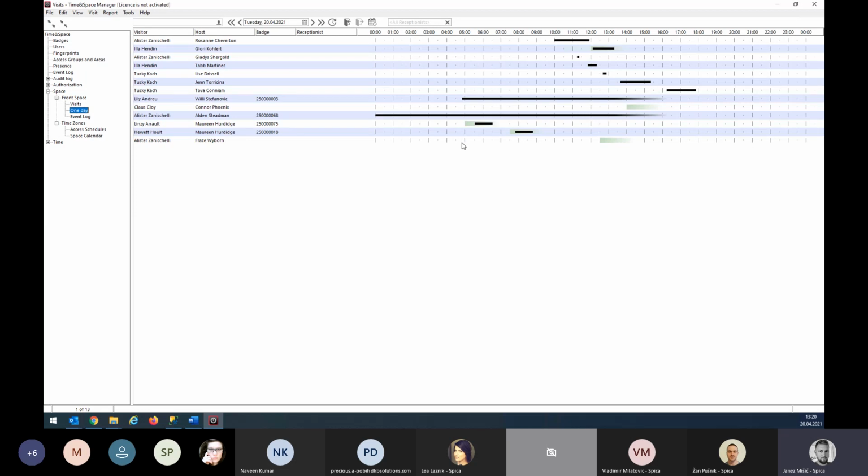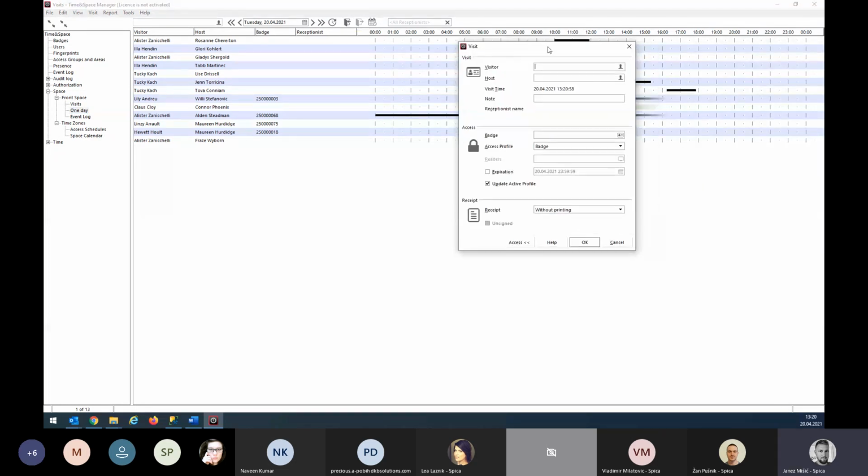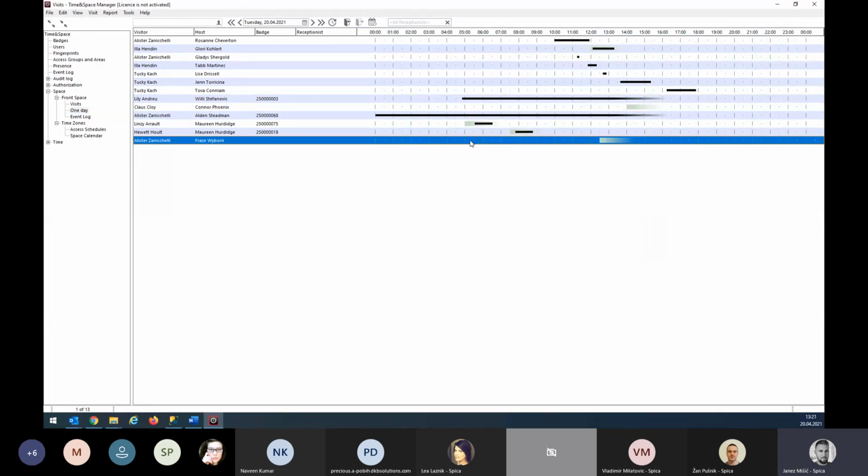To start a new visit, you simply click the check-in button here on the top. If you mark a line with an appointment before you click the check-in button, then the system asks you if you want to open a visit for the selected appointment. If you click yes,